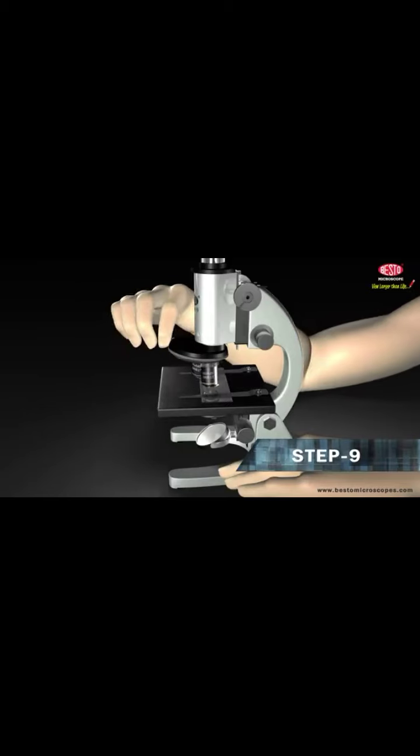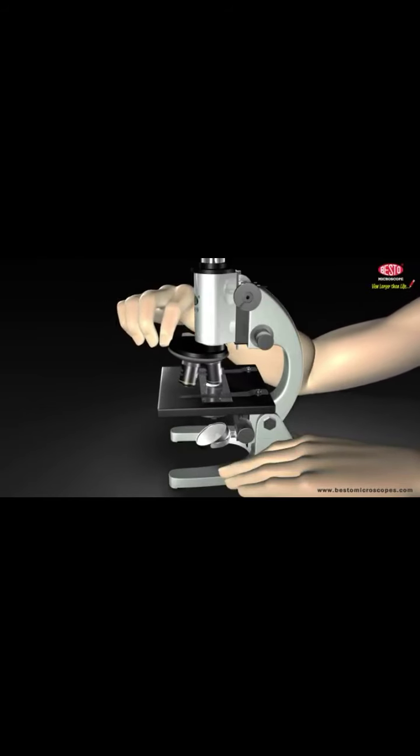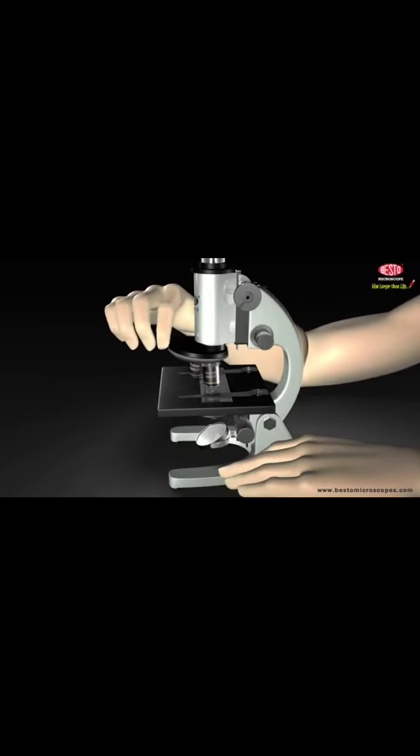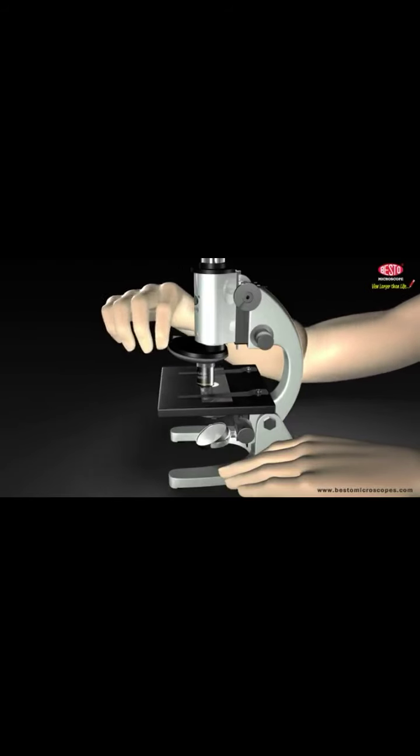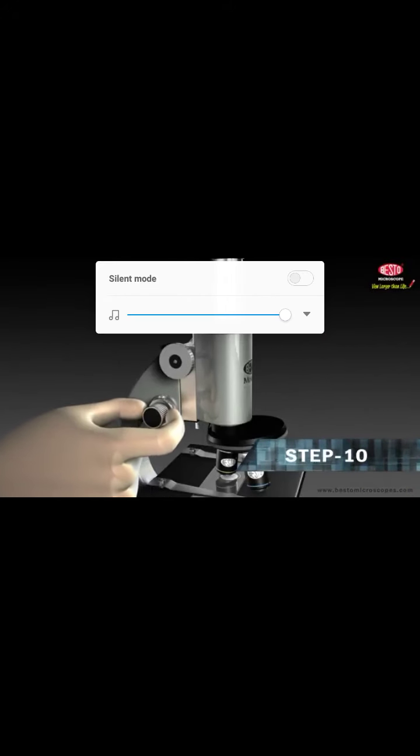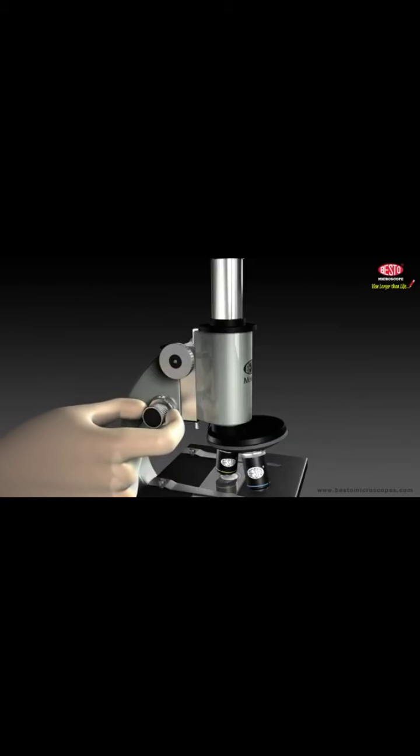Step 9. To use the high power objectives, turn the revolving nosepiece to bring it into position over your sample or slide. You should be able to see the sample or slide through the high power objective, so you should only have to adjust the fine adjustment knob. Step 10. Now adjust the aperture control with the help of the diaphragm. Close it until the circle of light dims, and then open it again slightly and stop where you get maximum resolution of the slide or sample in view.